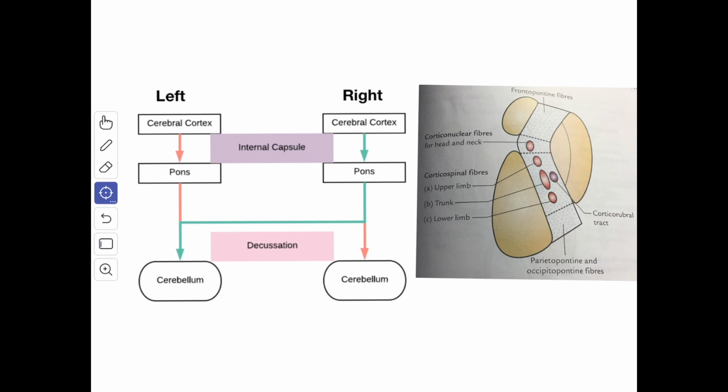The corticopontine fibers arise from the cerebral cortex and synapse in the ipsilateral pontine nucleus, which is present in the pons. The fibers which arise from the pontine nucleus cross the midline to relay in the cortex of the opposite cerebellar hemisphere. So this forms the cortico-pontocerebellar pathway, which is most recent in development and best developed in man.